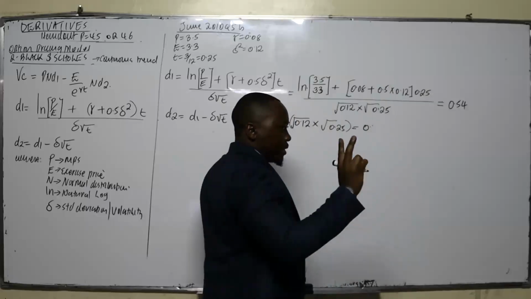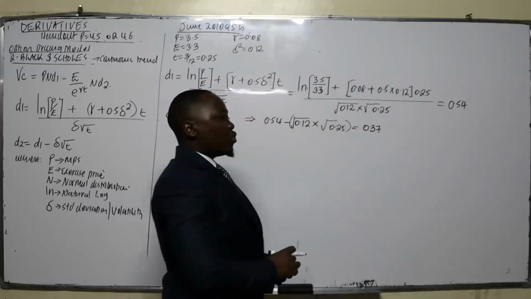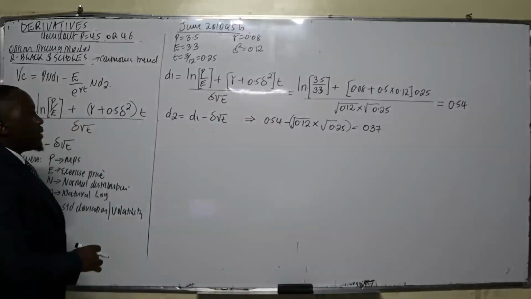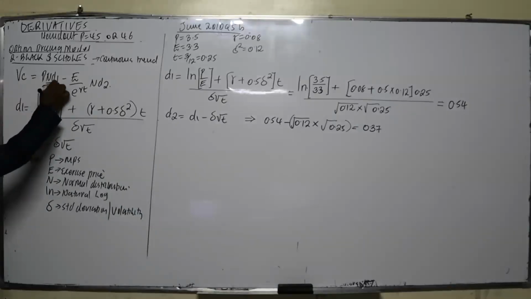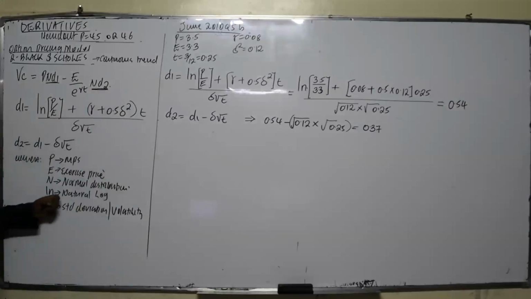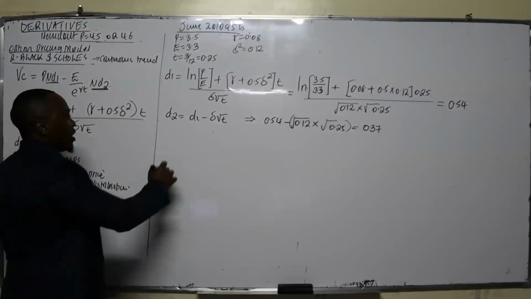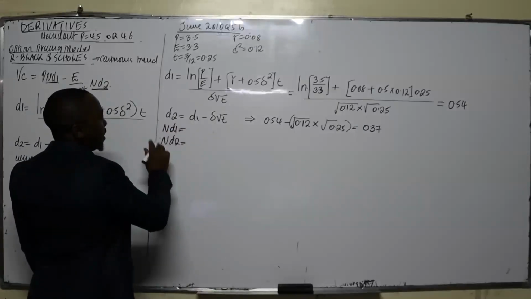I have said that it should be into 2 decimal places, 3, 7. Why is it into 2 decimal places? Now let me explain something here. When getting the value of the call, we need N(d1), not just d1, and N(d2), where N is the normal distribution. So how do we get N(d1) and N(d2)? N means the normal